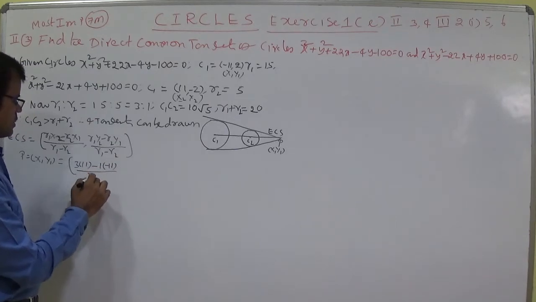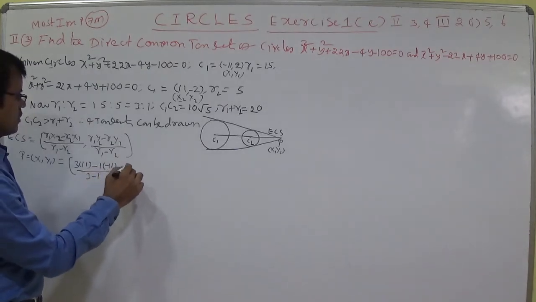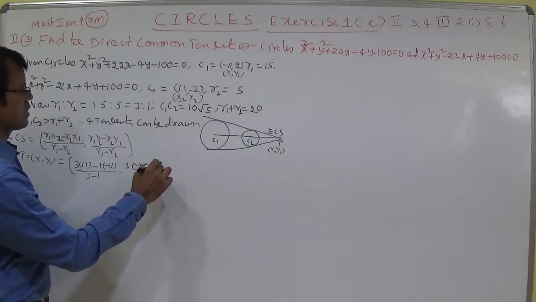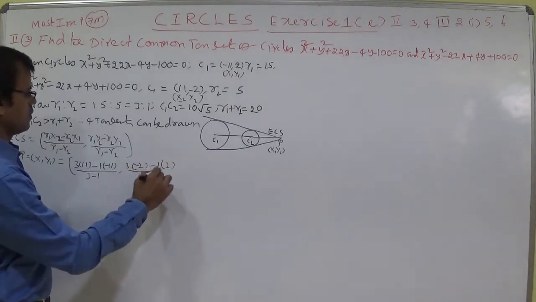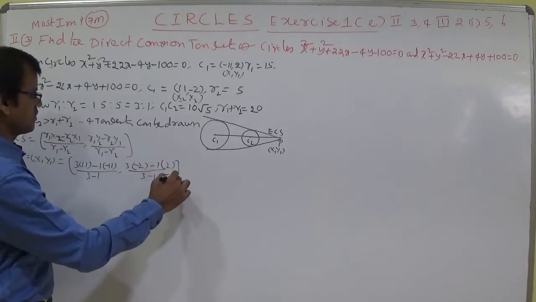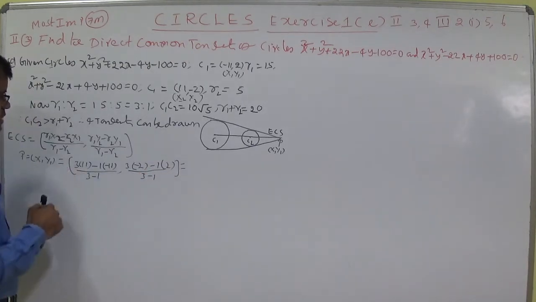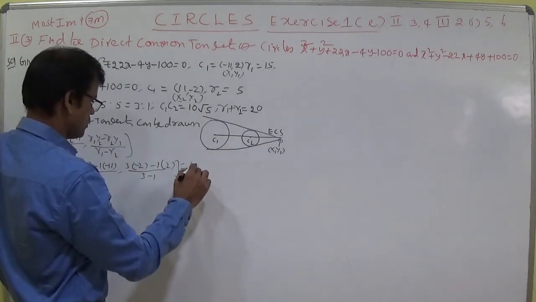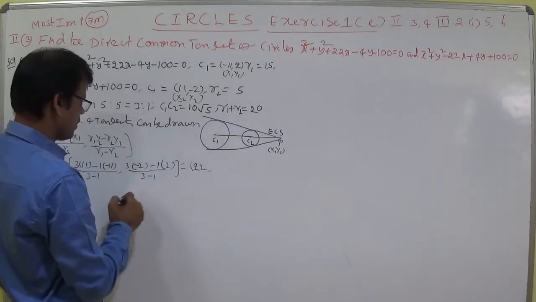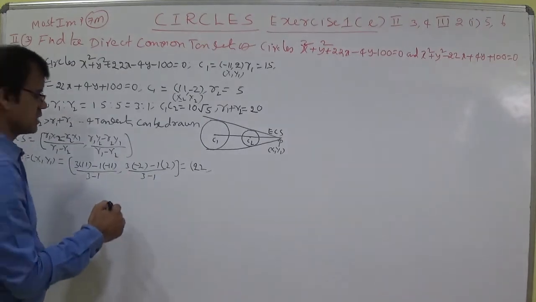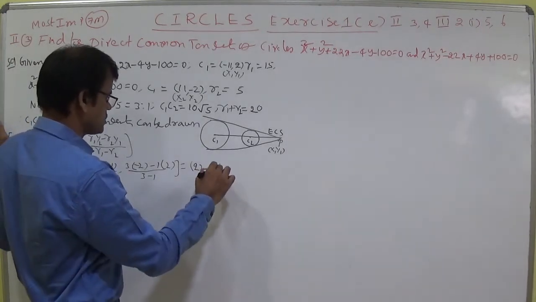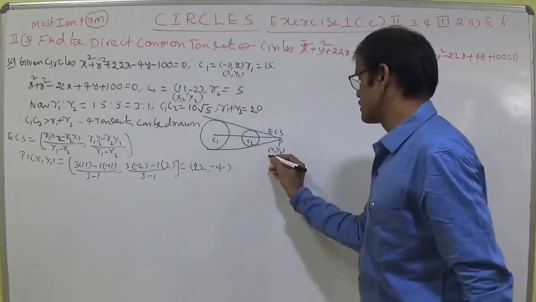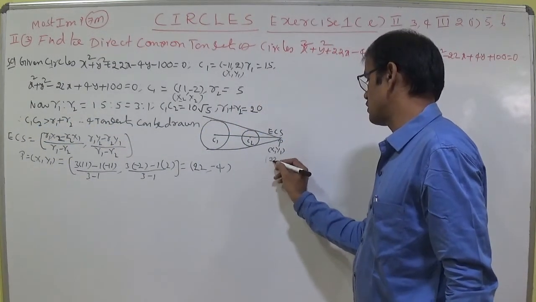By R1 minus R2, 3 minus 1. R1 by 2, 3 into minus 2, minus R2 y1, 1 into 2, whole by 3 minus 1 is equal to, here 3 11s are 33, 33 plus 11, 44, 44 by 2, 22. So this is 22 comma minus 6 minus 2 minus 8 by 2, minus 4. 22 comma minus 4 is the external center of similitude we got.